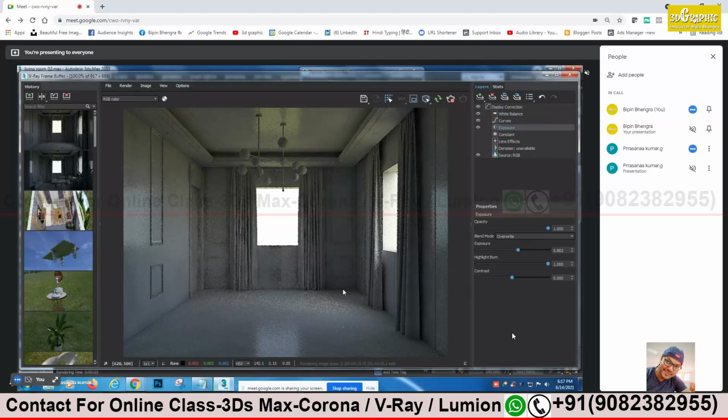See, we can control that in Photoshop. If it's coming out with a little less brightness, we need to add it. We will do that in Photoshop. But right now, increase the exposure a little bit. So this is okay.